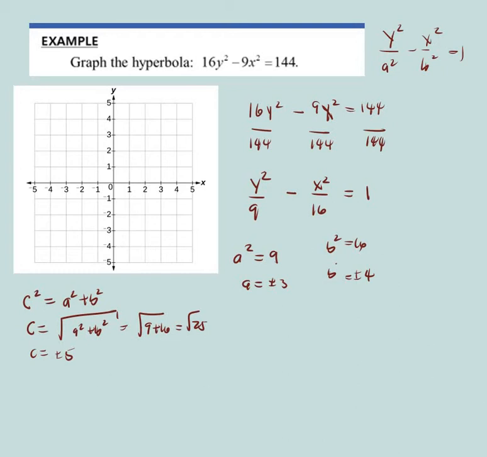So let's keep going. What we're going to do is graph it. The vertices: here we have the vertex at plus or minus 3. The other thing is, I said we calculated a moment ago 4 and minus 4, and you may say we don't need those because the hyperbola is going to be along the y-axis. But it would be good because if you mark this one and you do this here, here, here, and you go here,